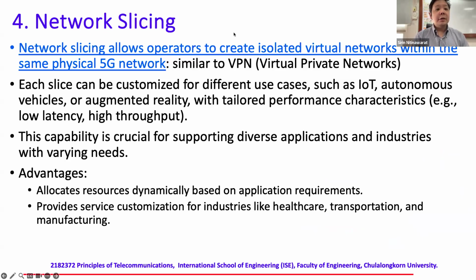Moving on closer to the network level, right? So here, again starting from 4G, everything is connected to the internet, right? So here you have the part of the cellular core infrastructure that are connected to the internet as well. And an important innovation for 5G is to allow the network operator to slice the network to create essentially different isolated virtual networks within the same physical 5G network environment, right?